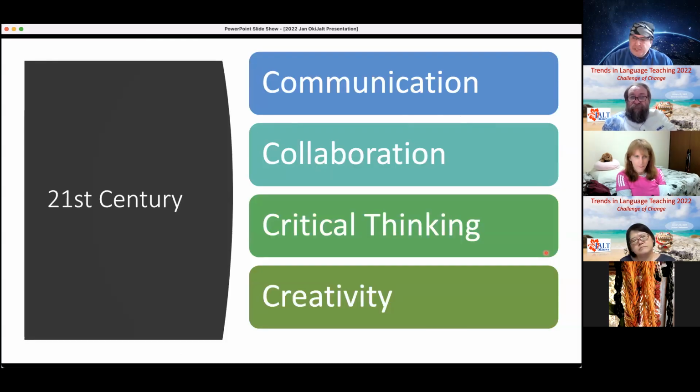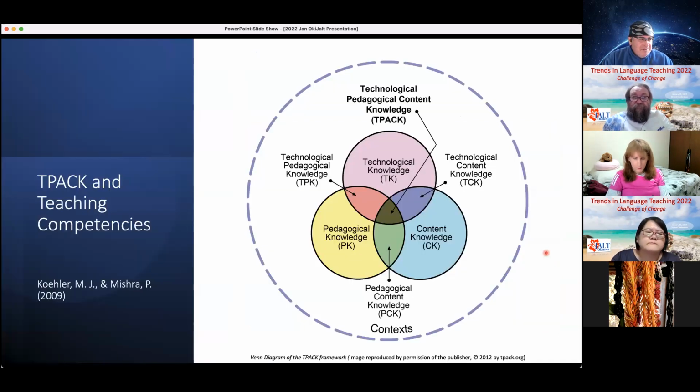So in the 21st century, what is important that we teach our students? It's communication skills, collaboration skills, critical thinking, creativity, problem solving, information literacy, things like that, that students can be guided at and prompted to do. And with teaching today,